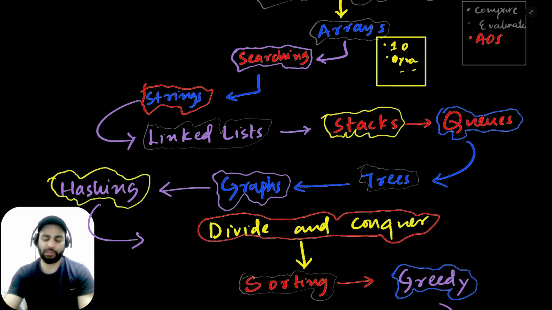Then we have queues, and we'll use arrays and linked lists to implement the stack, the queue, and most of the things. Then we'll go on to queues. Queues have the same definition as the lines in real life. For example, if you are at a food counter and you want to collect your food, there you form a queue. Whoever goes first will collect the food first. That's the concept of queues.